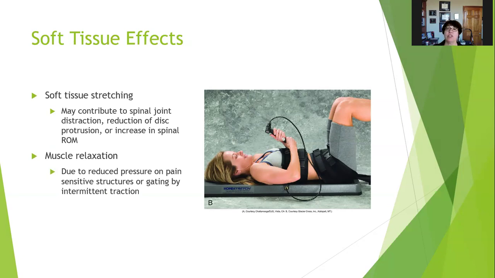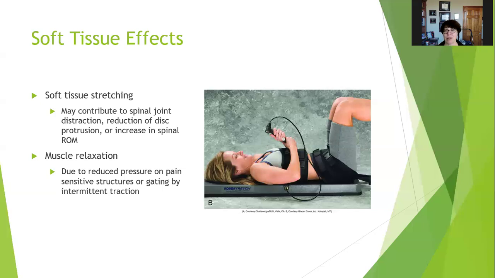So with intermittent traction, you're doing it with a mechanical traction unit, or you could do it manually, but you're on for a certain amount of time, you're off for a certain amount of time. And so just that stimulation to the pressure receptors, the A betas,